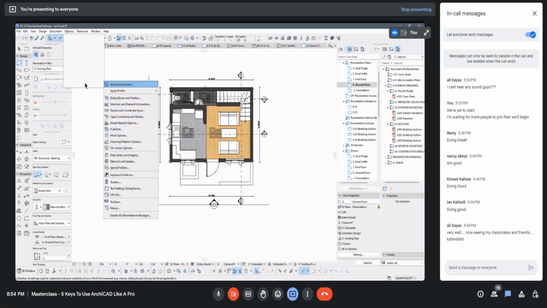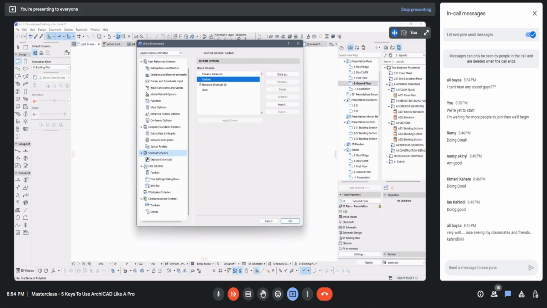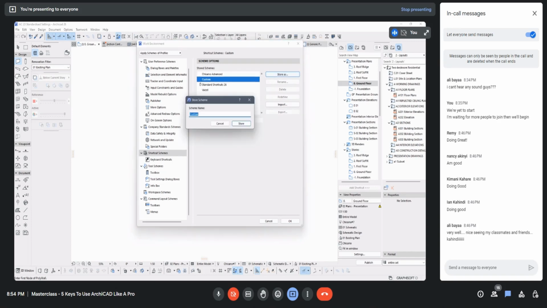So like other aspects of the work environment, if you want to save them and retain them to your work environment profile, you'll have to come to the schemes. Since I've added new shortcuts, I've created a custom scheme. I can either choose to redefine the one that I use with my profile current scheme, or I can choose to override or create a new one. In this case, let me just create a new one, call it new,